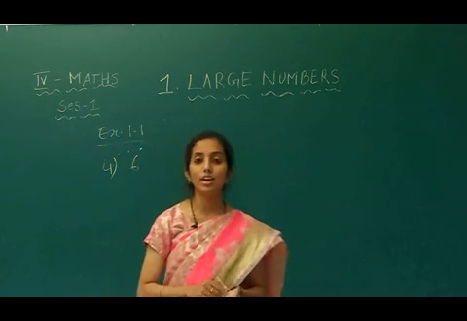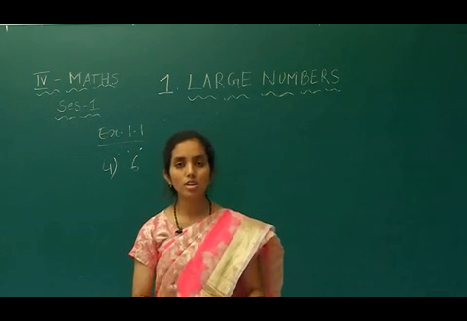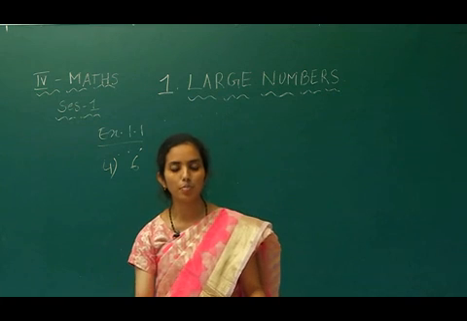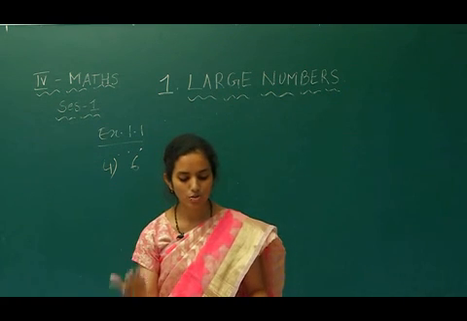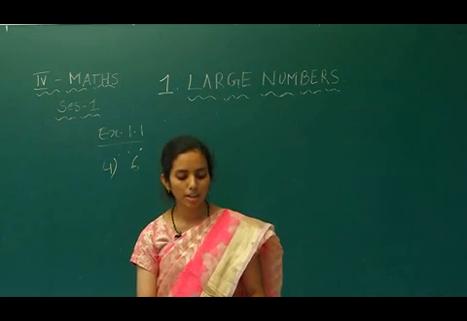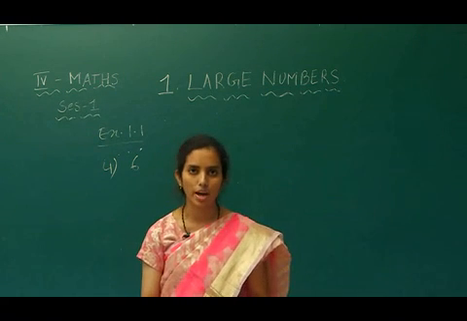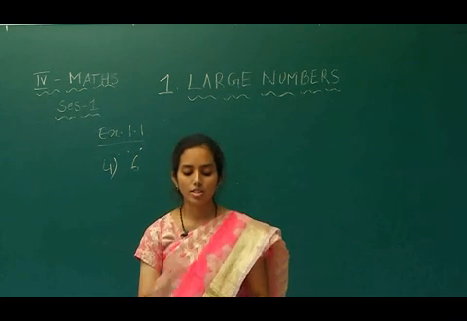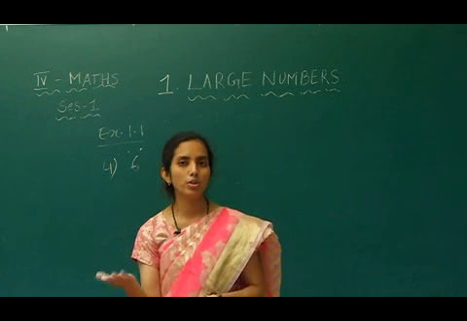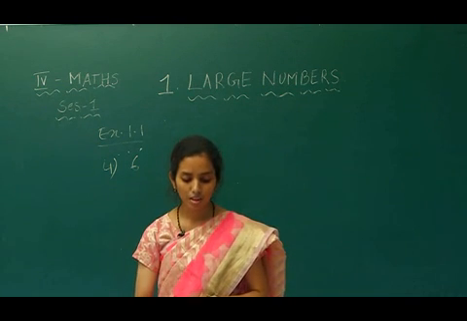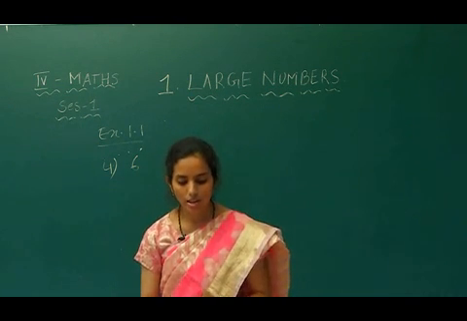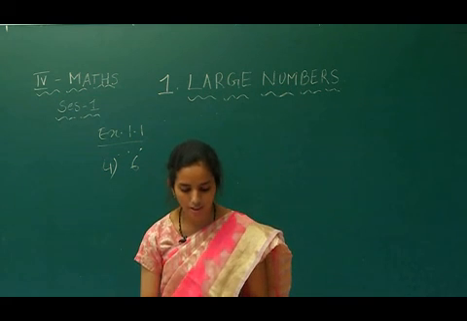What is given in the sixth question? 30,000 plus 4,000 plus 600 plus 200 plus 20 plus 1. So, what does it become? It becomes 34,621. So, this is changing expanded form into standard form. Now, coming to the seventh question. What is there in the seventh question?